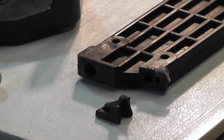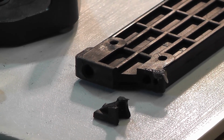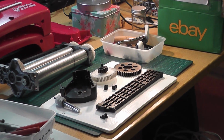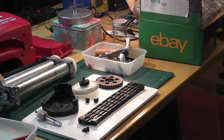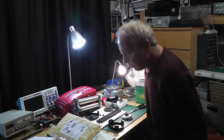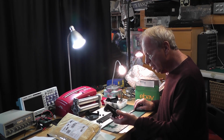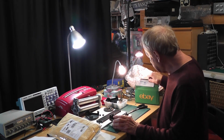There was a circlip missing on the stand that held it to the table, which I've got some more new circlips. So those were the two items I needed, and fortunately they're all readily available, as you can see from eBay. First item that I had to get hold of was a new gearbox cover, and I got that from